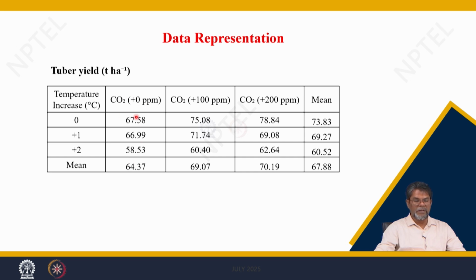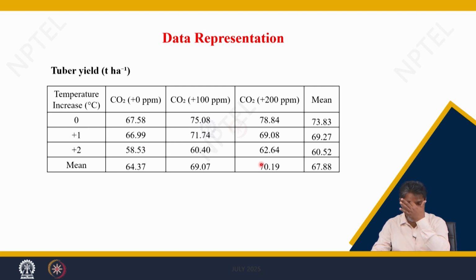Similarly, for the ambient temperature, there is an increase in CO2 levels, the yield also goes on increasing. CO2 has a positive effect on the crop yield. With increasing CO2 at the same temperature, the potato tuber formation or tuberation increases, there is increasing tuber production. Whereas, with the same CO2 levels, with the rising temperature, it has an adverse effect on potato tuber formation. With the rising temperature, the tuber yield goes on decreasing.